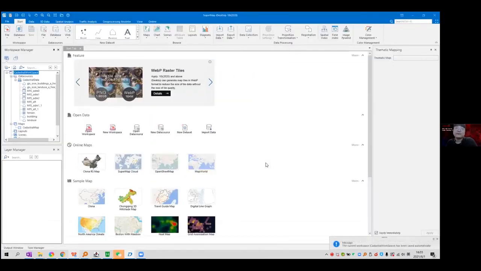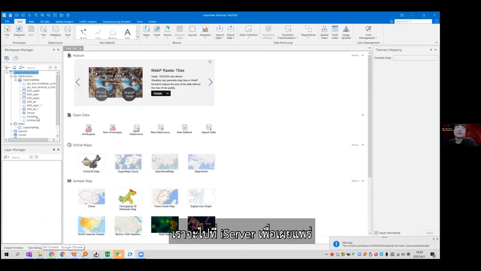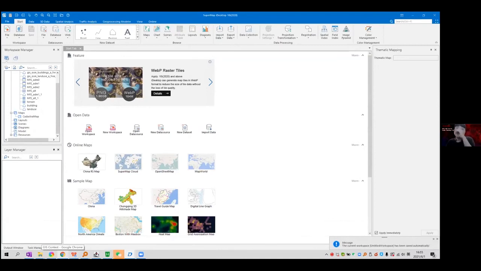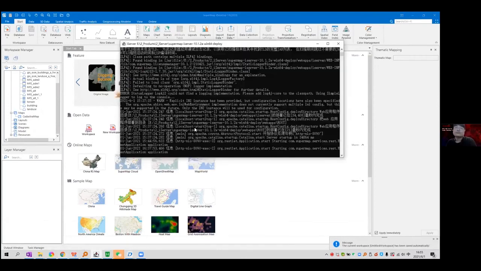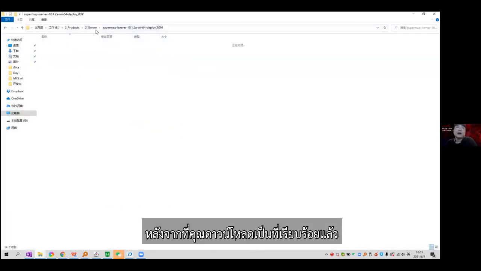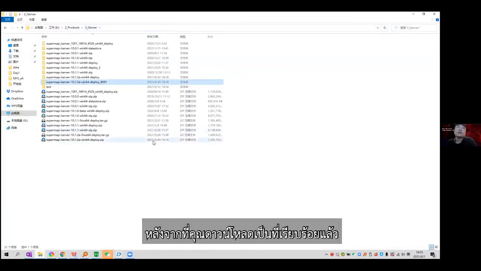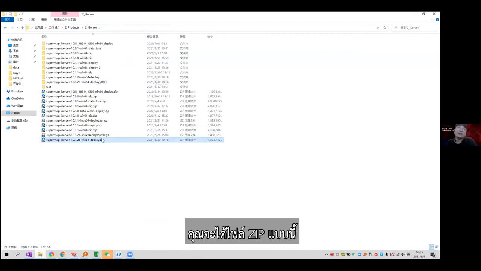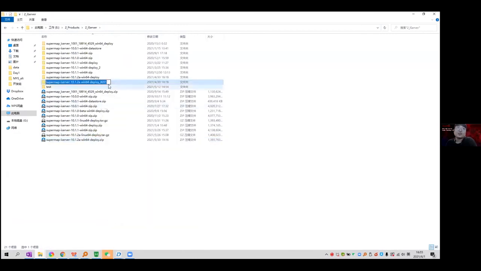And save. Okay, now we already save it. We can go to Supermap iServer to publish it. So for Supermap iServer, after you download the iServer, you will get the zip like this, and you only need to